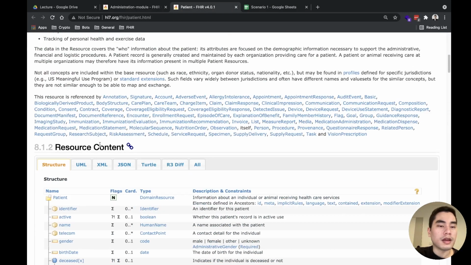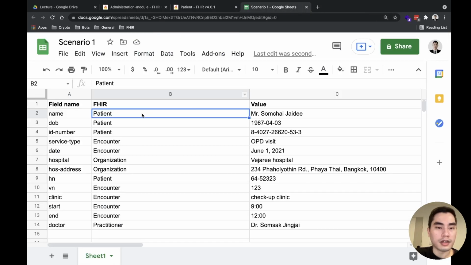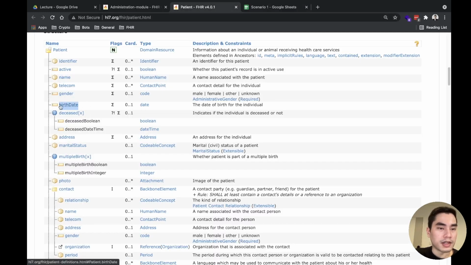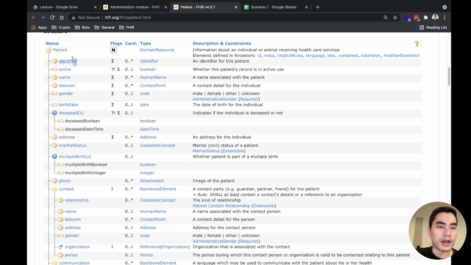Okay, and we see, oh, the patient has a name element here that we saw earlier. Name, date of birth, we have birth date here. ID number, we have identifier.